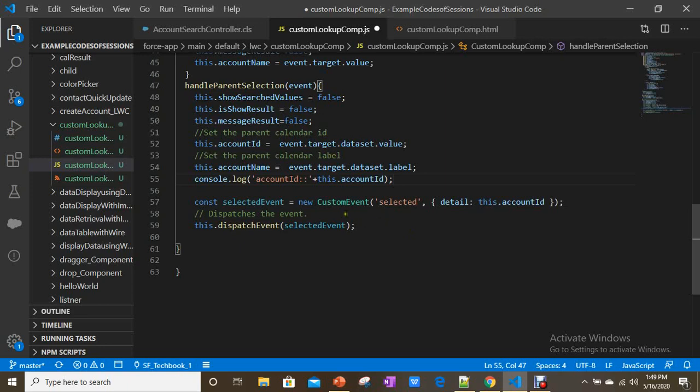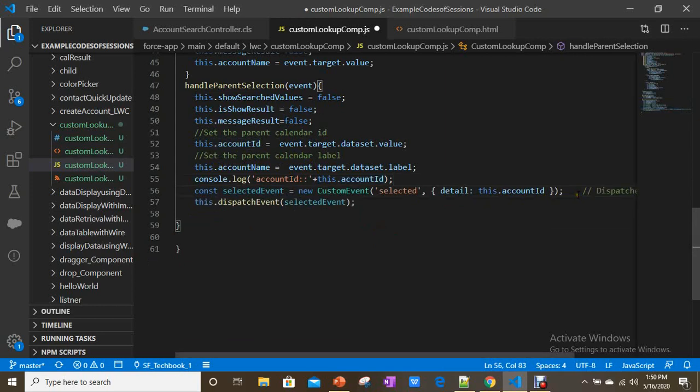You can have a look into it. So here I'm just creating an event and I gave the event name as selected, and with the help of the detail property, I'm sending the account ID I got when the user selects or clicks on the account, and I'm dispatching this event simply.